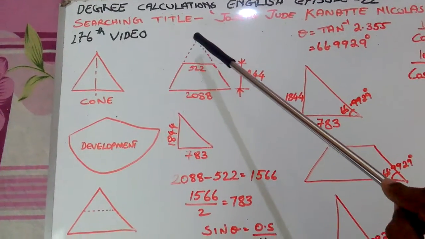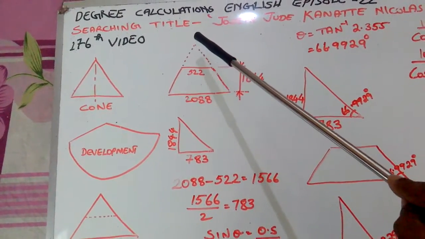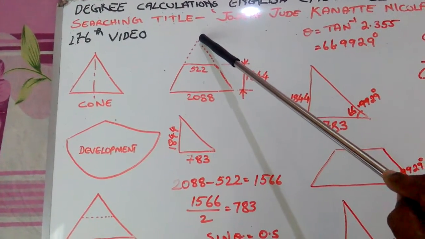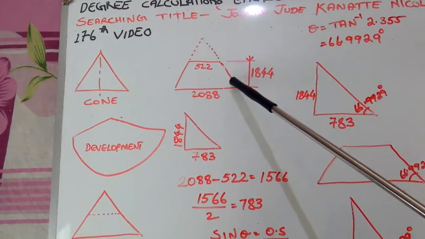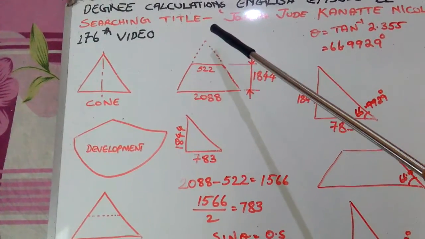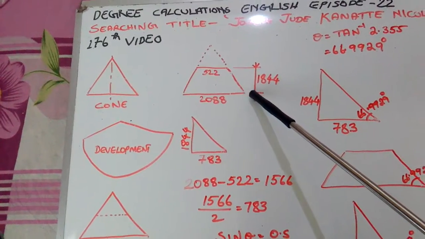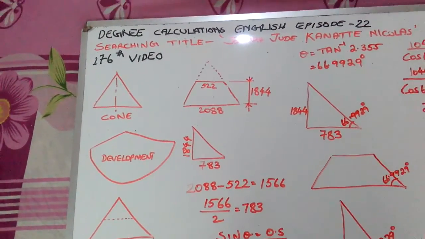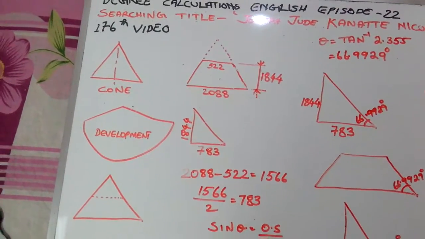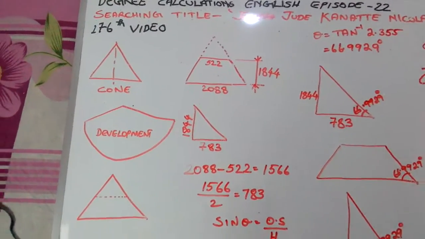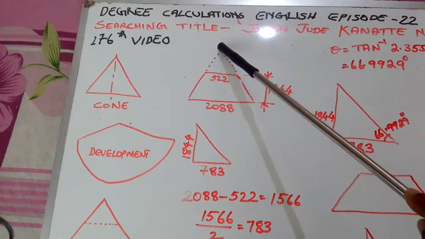But I have extended it also for finding out its radius. This is the radius we have to find out for development. From here to here, one measurement is there. Once again I shall repeat. From here to here, one measurement is there. That measurement will be the radius of the development we have to develop. So how much will be this measurement?